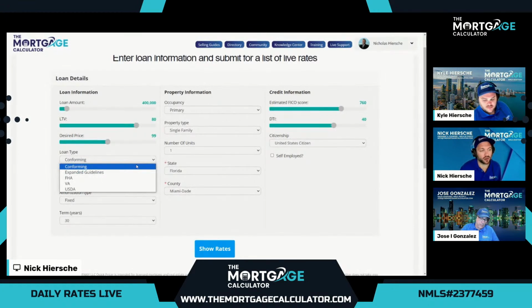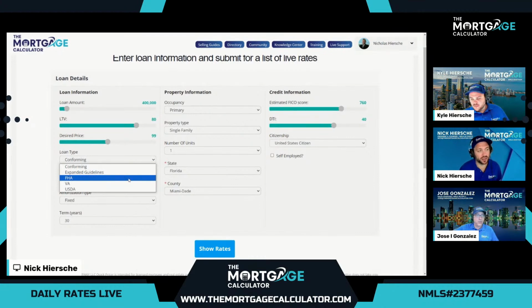We will first check out our conforming conventional programs. Then we'll compare that with our FHA rates this morning. And then we will check out some expanded guidelines, also known as non-QM, where we have over 5,000 additional loan programs using alternate income. We don't do VA live. That's only for our active or our eligible active service members and veterans. If you are eligible, let us know. We'd be happy to quote it.